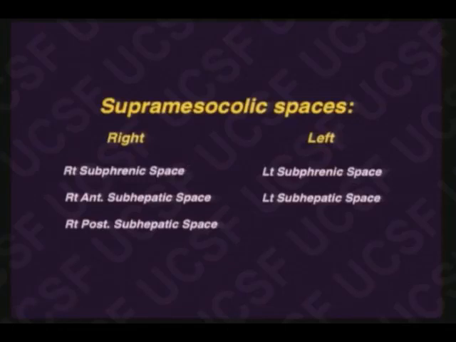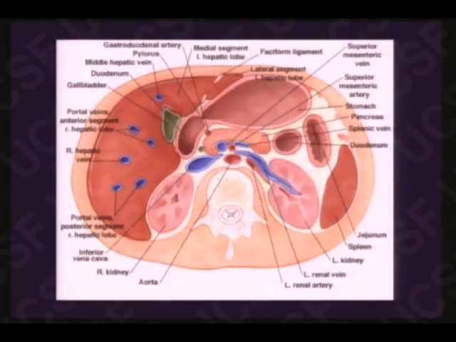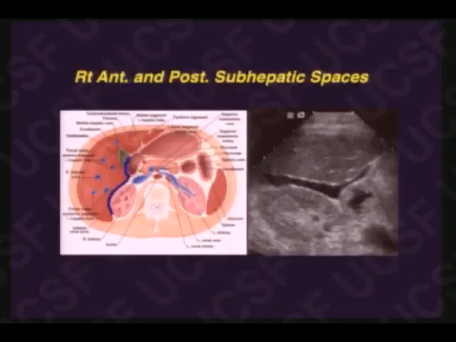The next space on the right-hand side is the right posterior subhepatic space, much better known as the Morrison pouch. And we can see the anterior subhepatic space between the gallbladder and the duodenum, and the posterior subhepatic space between the right lobe of the liver and the right kidney. Now, this patient doesn't have a gallbladder. The gallbladder has been excised, but we do see the duodenum nicely filled with fluid. We have our anterior subhepatic space on the right side and our posterior subhepatic space between the liver and the